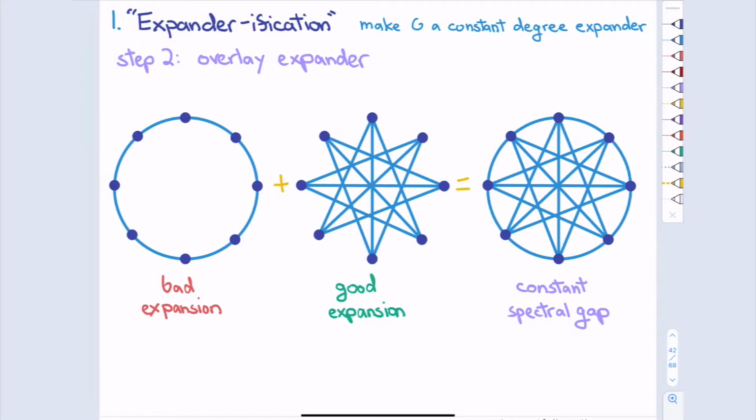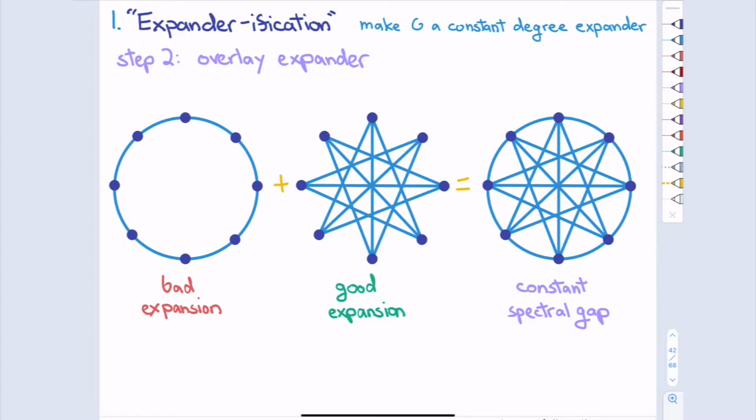Then we'll introduce an expander over the same set of vertices. This is not actually an expander, but it's supposed to represent a relatively well-connected graph. And it should be sparse. There's not enough vertices to really draw a compelling sparse expander, but that's okay. The point is this graph is well-connected. A random walk in here should mix pretty quickly. This graph isn't. If I threw them on top of each other, random walks will still mix pretty well, right? You still get a lot of connectivity from here.